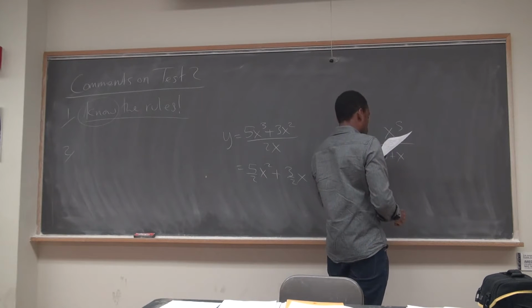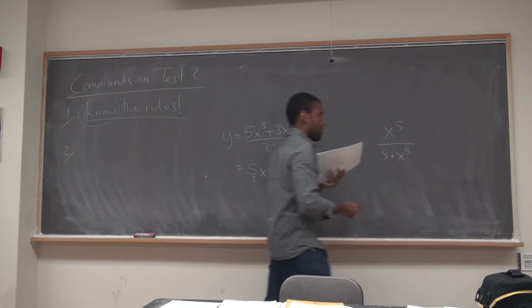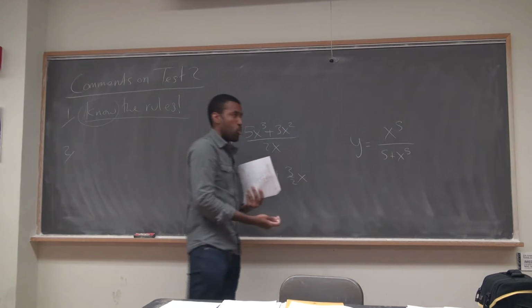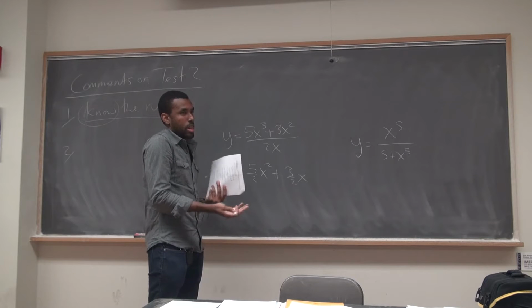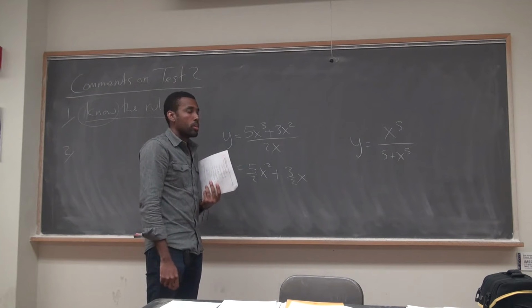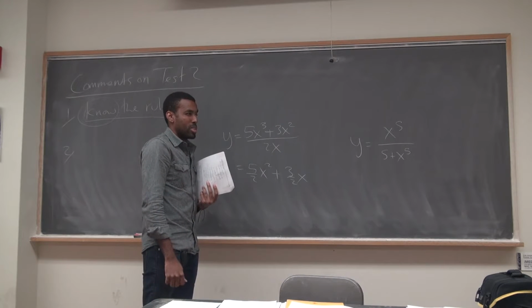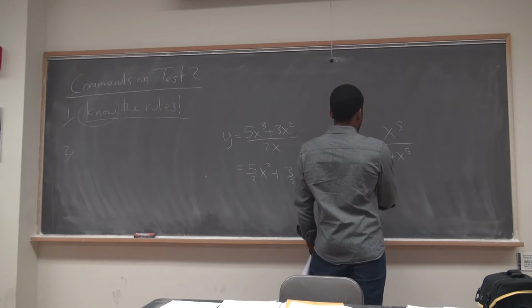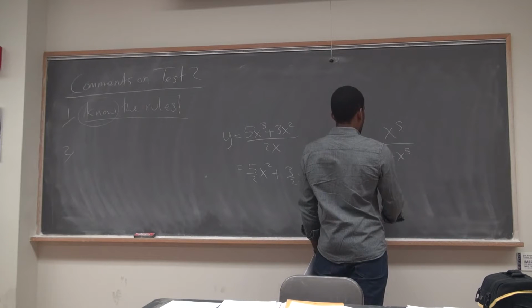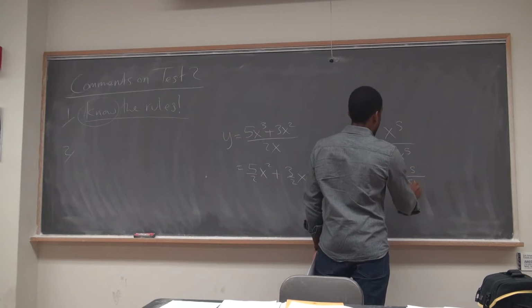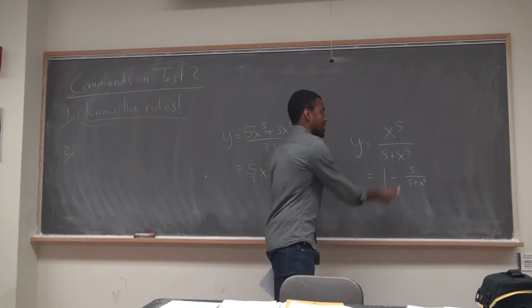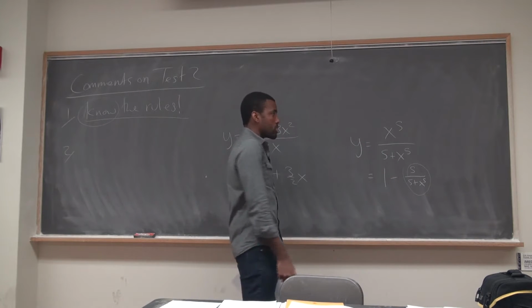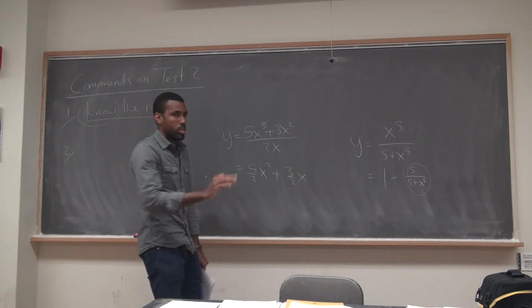So if you saw something like this, which was the part C, right? Even that, the first time I look at that, I would think, can I simplify this? I don't want to use a quotient rule. Turns out I couldn't. There was nothing I could really do here. You could do a long division, but it really wouldn't help you. I mean, technically, you could have written this as something like 1 minus 5 over 5 plus x to the 5th, but you still have that, and it would get to be too much trouble. But yeah, simplifying is always something you think of doing.